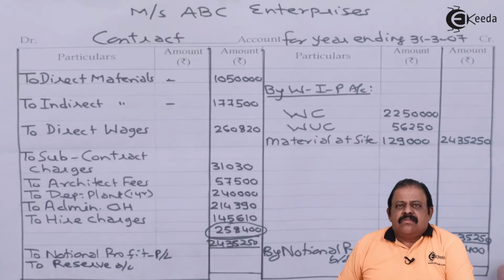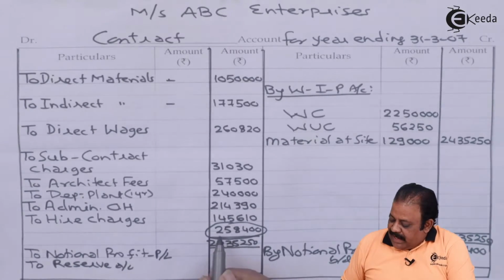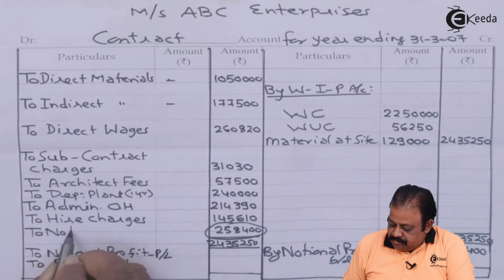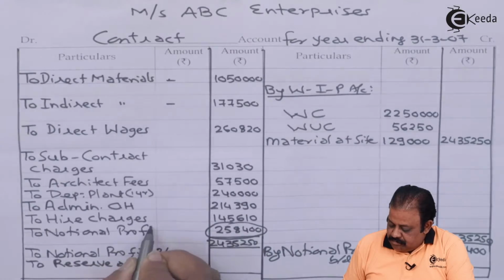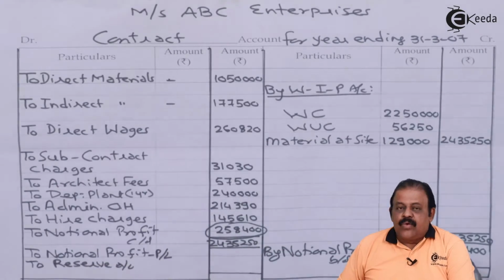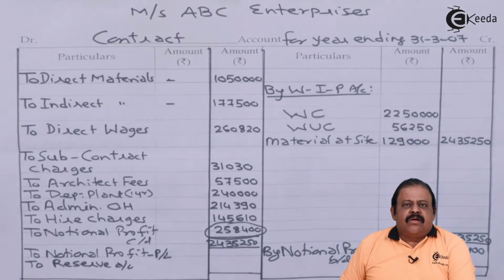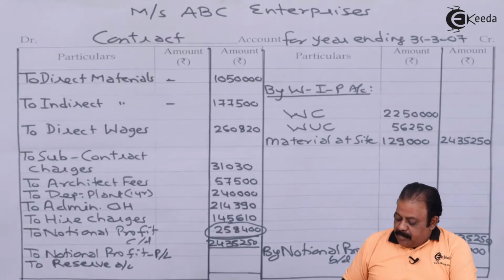Here we have closed the contract account. We are getting notional profit 2,58,400. This amount is carried down over here. Now we are not going to divide this amount immediately based on percentage of work certified and contract price. We'll have to prepare an estimated contract account to decide how this value 2,58,400 will be divided between